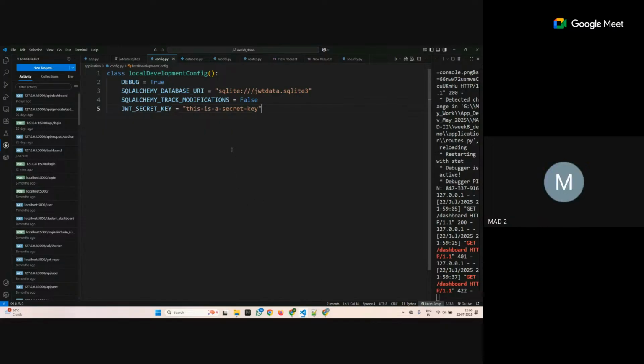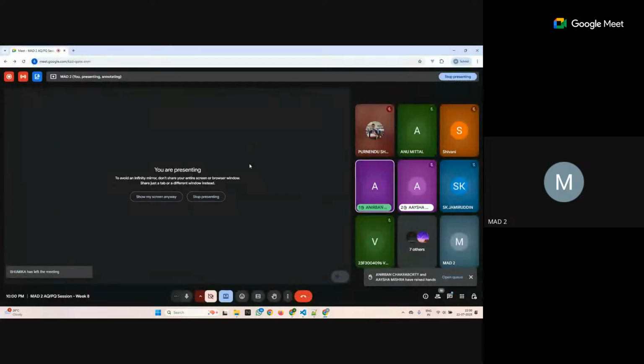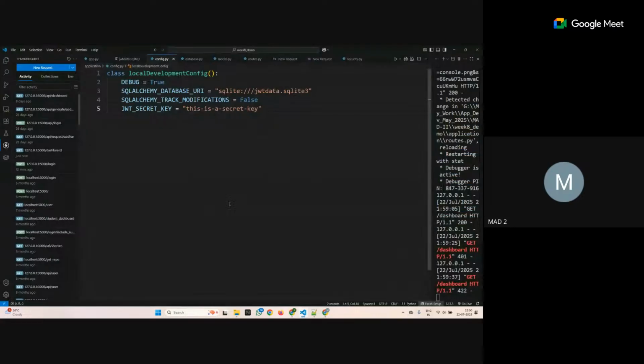Authorization I do not define here because that is a config for Flask security that we will need only in Flask security. Now, one question you might ask, I have not set any method to encrypt the token, right? I'm providing my user information, but there is no logic put to encrypt my token. What happens is this JWT secret key, this secret key internally,